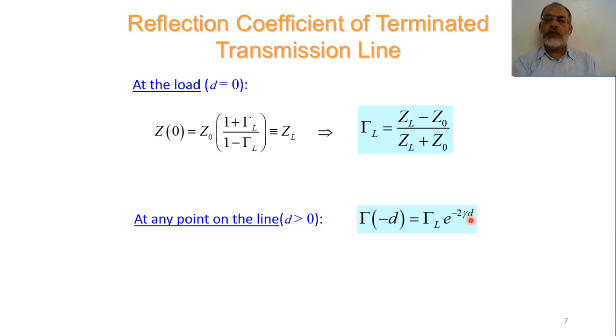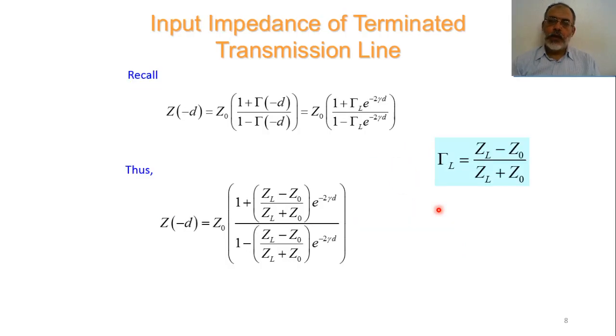Because effectively, when I have moved a distance d, the forward propagating function has been delayed by e to the power minus gamma d, and the backward propagating function has been delayed by e to the power plus gamma d. So the ratio between them would be e to the power minus 2 gamma d. But effectively, the reflection coefficient gamma L is the same. Okay, so at a distance z equal minus d, we have proved